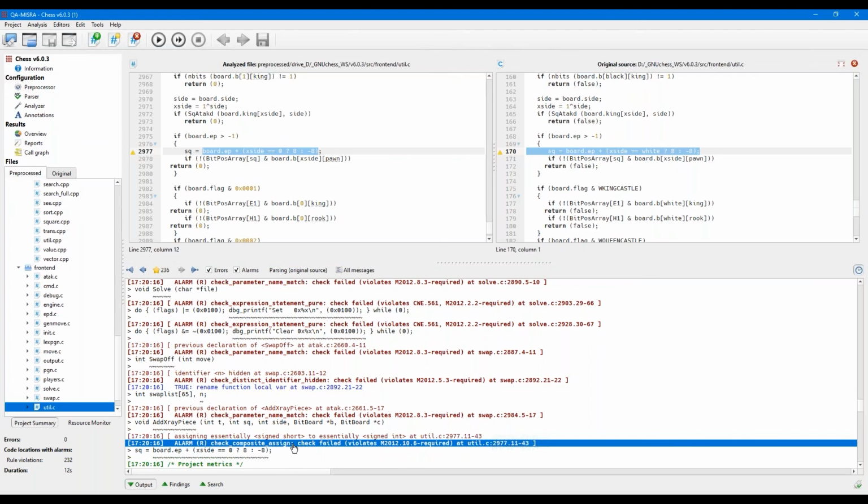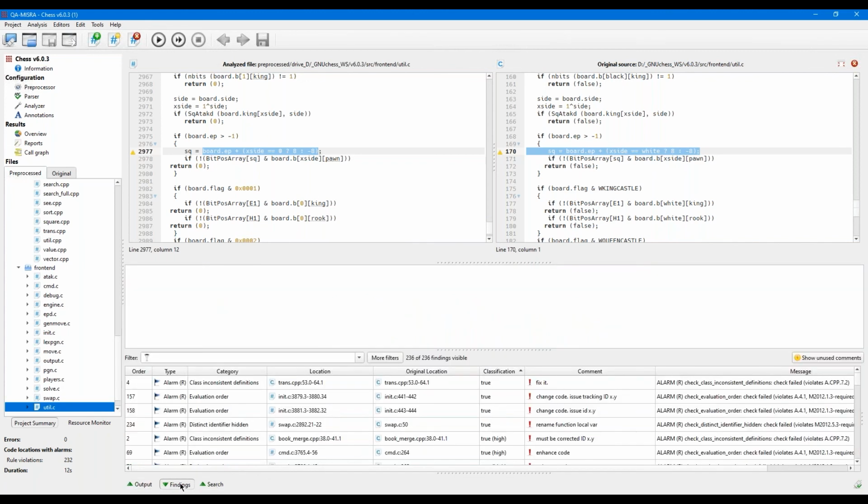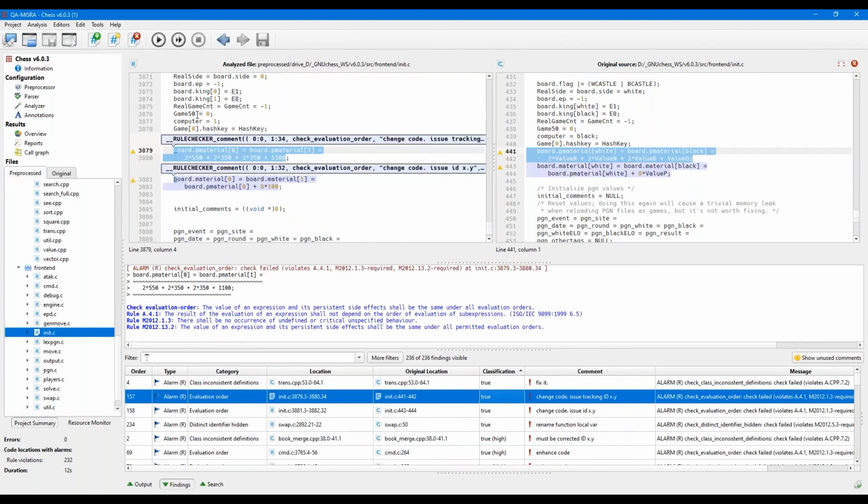If we double click here, the editor view will be opened. We see the original source file on the right side and the preprocessed source file on the left side. We have the possibility to go in depth, for example, in this findings view. Here we see the different classifications. I have prepared some of these classifications. Each of these classifications, as mentioned, can be done directly in QA-MISRA, so it's stored in the database of the project, or you can add it to the